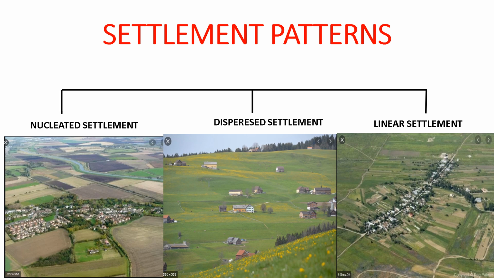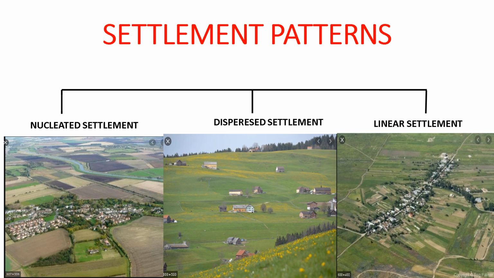That means a number of buildings and huts are built very close to each other. These settlements are usually found in plains or valleys. This kind of settlement indicates that the community is living in an area where land is fertile and good for agriculture. Nucleated settlements generally have a well-knit and large community. Apart from houses, essential facilities like hospitals, police stations, post office, school, and administrative buildings will be found. Nucleated settlements are also known as clustered settlements.